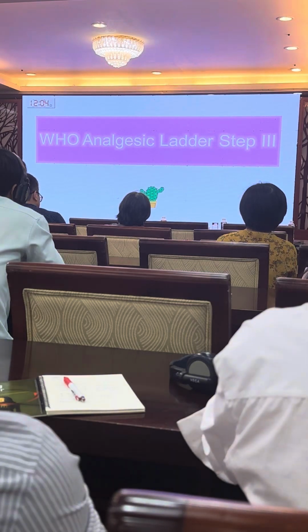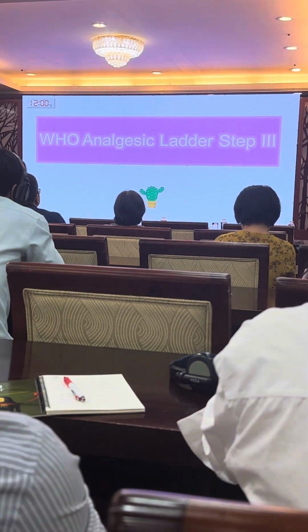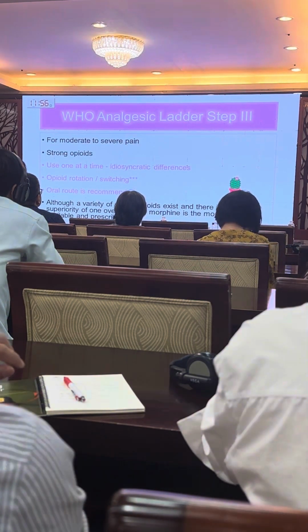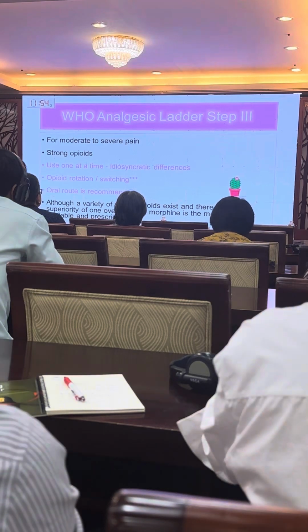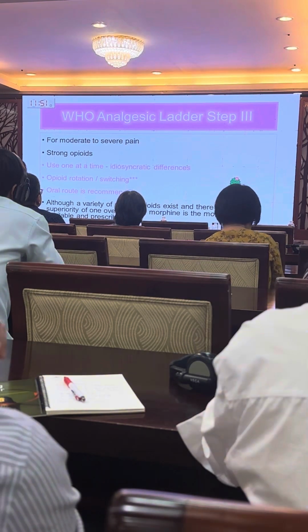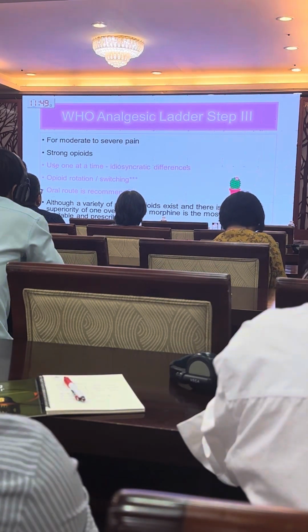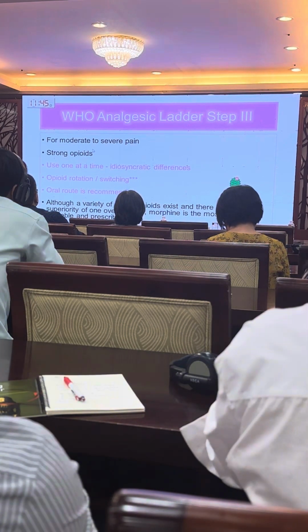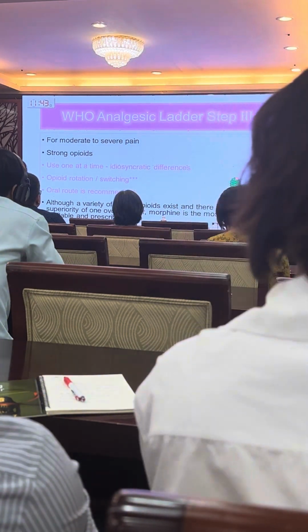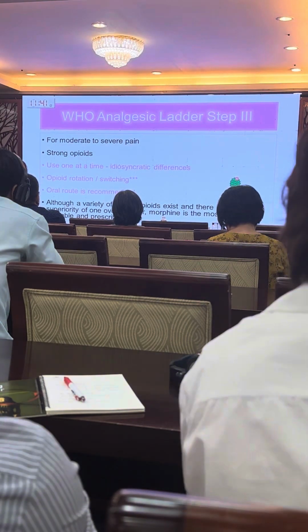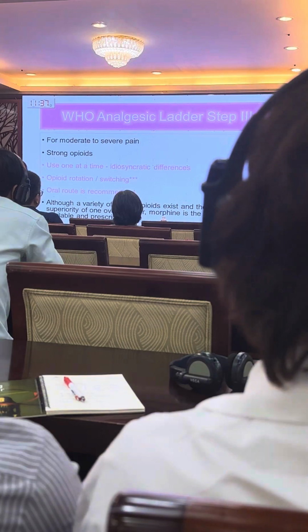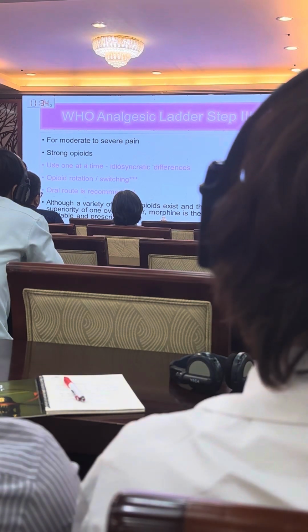And the last one is the WHO analgesic ladder step 3. Step 3 is for moderate to severe pain, or a pain score of about 7 to 10 out of 10. Step 3 is to use the strong opioids. You can use strong opioids in combination with non-opioids from step 1 because they have different mechanisms of action, but